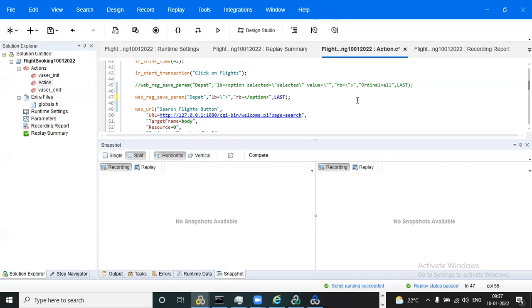First one we discussed is Ordinal. Ordinal will display all the occurrences of the dynamic value when we give Ordinal as All. SaveLen specifies how many characters are supposed to be captured. SaveOffset specifies how many characters are supposed to be skipped. After that, we discussed NotFound. If the LB/RB is wrong, we can continue our script, and then we can use NotFound equal to warning. And one more argument is Search.